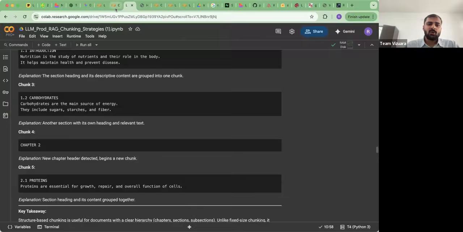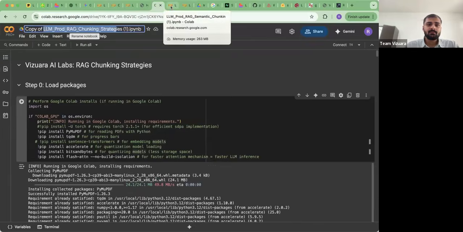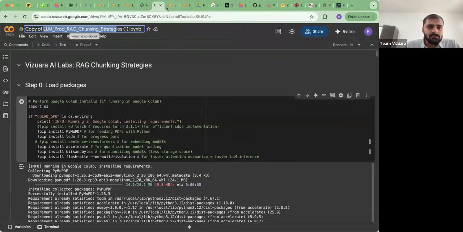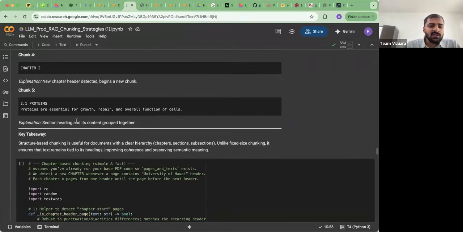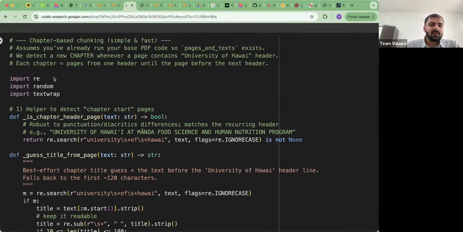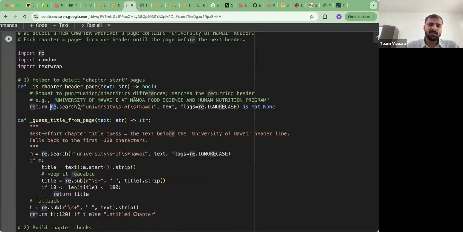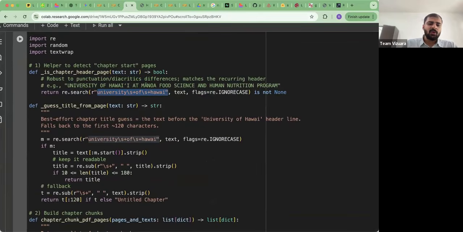Yeah, right. So now what we are doing is that we are at this structural chunking, and you'll see we are doing a simple regex here. Import re, which is regular expression or regex, and we are going to search for wherever this University of Hawaii appears. And what we are going to do,